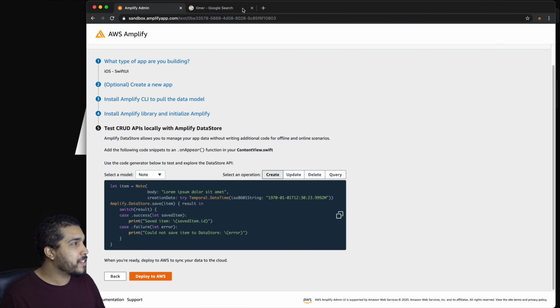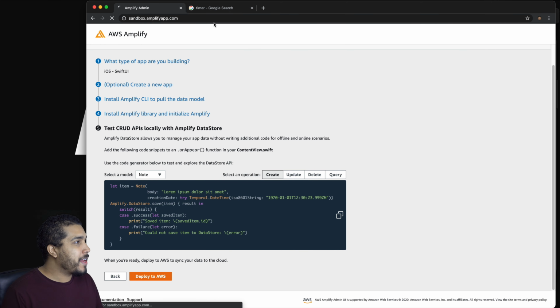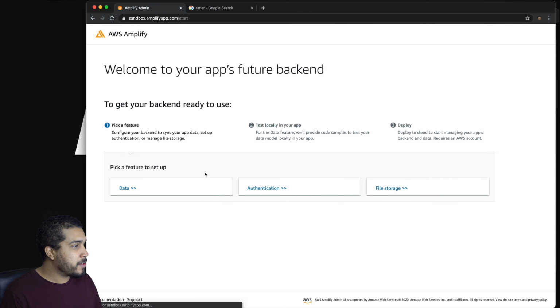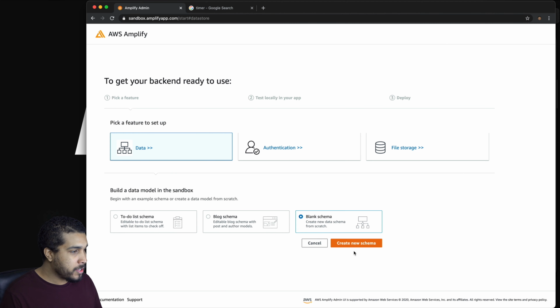16 minutes. So it does look like we might be able to get these things done maybe in 45 minutes. Sandbox Amplify app.com. So let's go ahead and start again. Next, we're going to create a chat app. Let's go ahead and do data, blank schema,